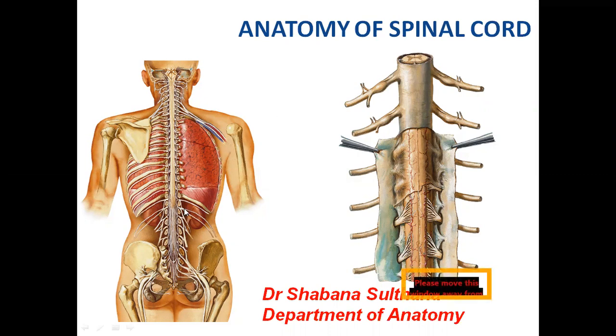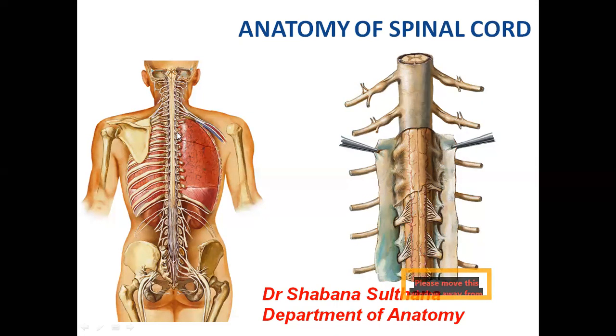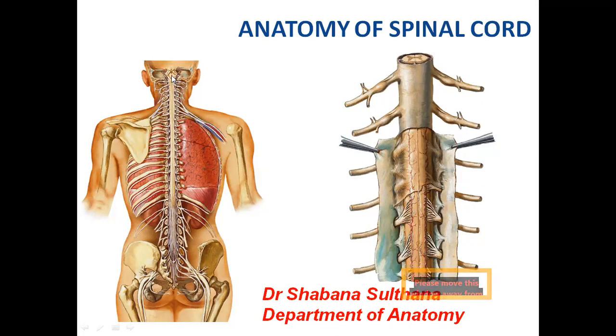The introduction of the nervous system has been given in general anatomy, and basically the nervous system is made up of the brain and the spinal cord. When we study neuroanatomy, we generally start with the spinal cord, then go downwards. We will then do the medulla oblongata, pons, midbrain, then the cerebrum, cerebellum, and so on. Okay, so let us start with the spinal cord.